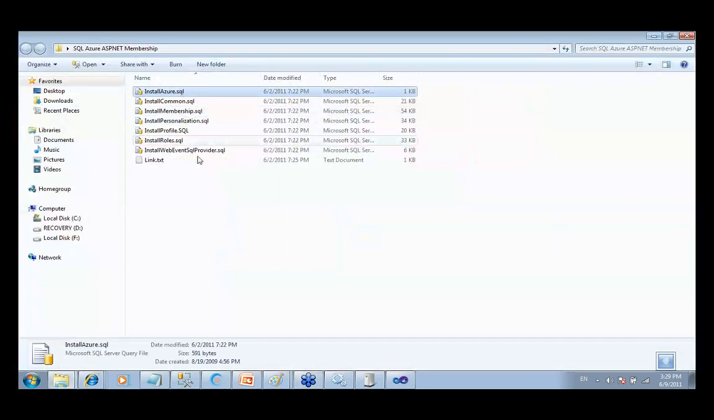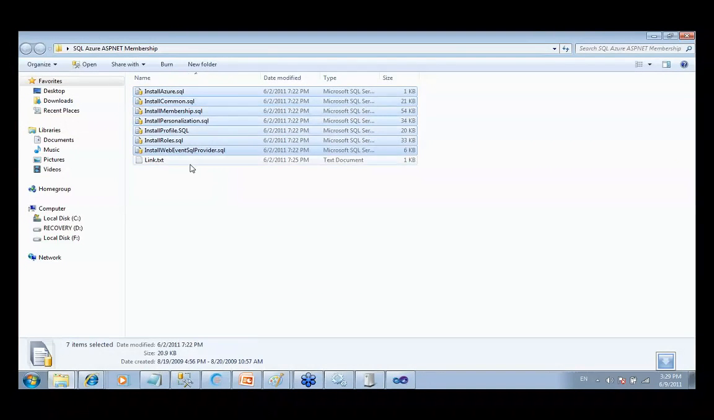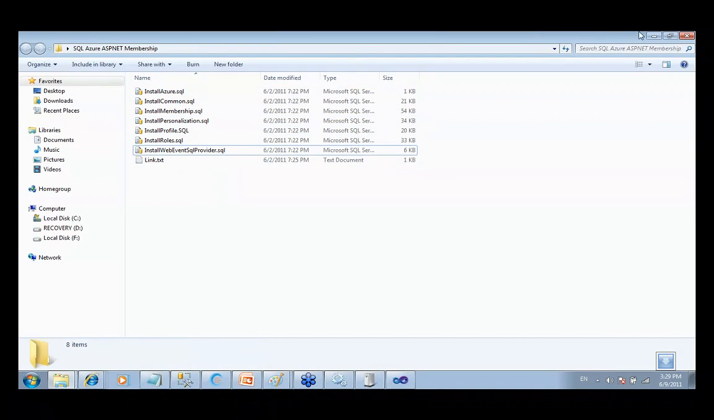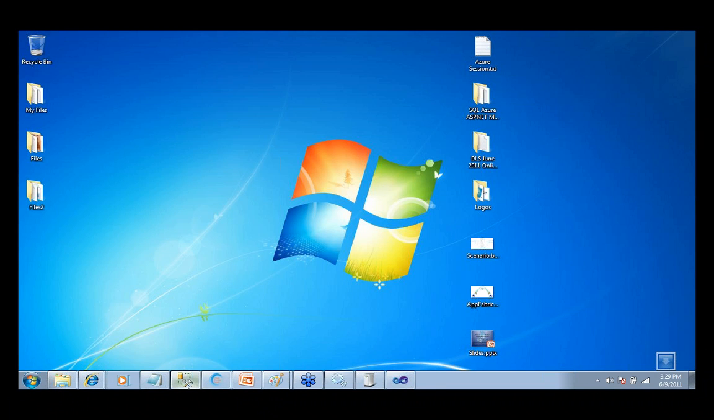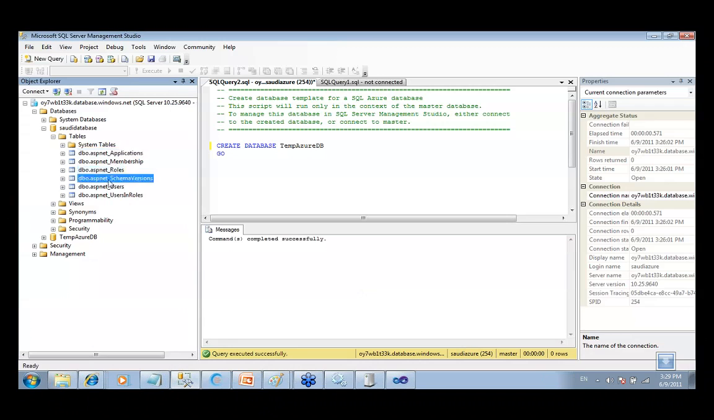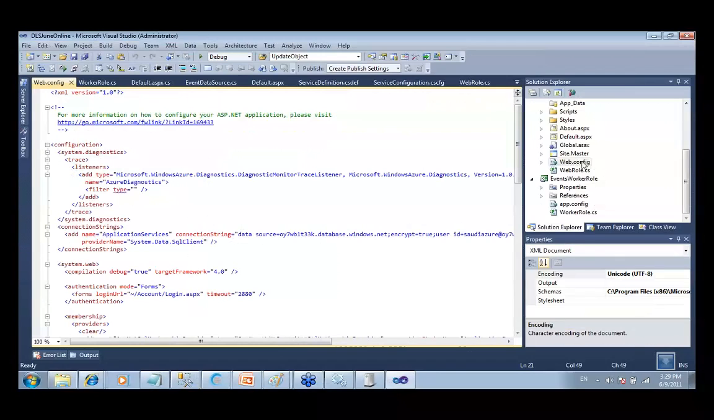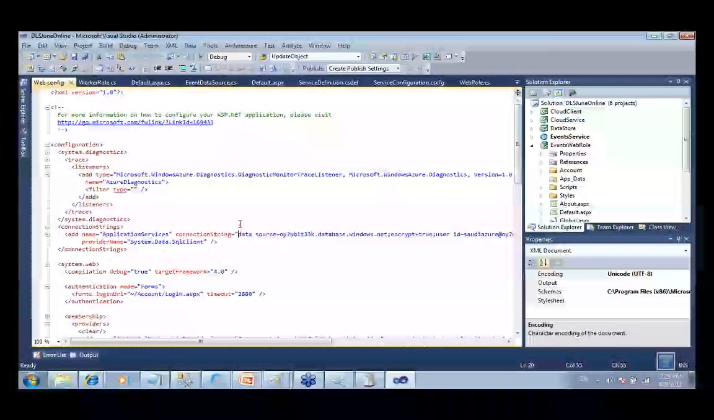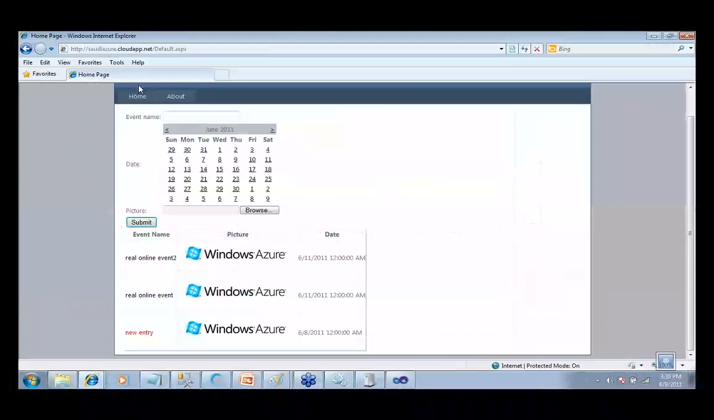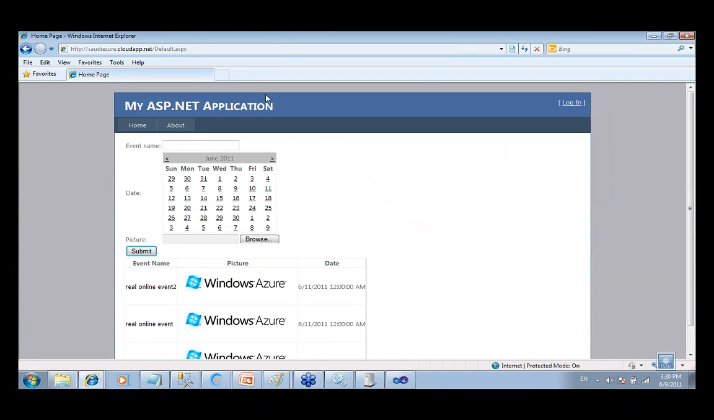So these are the scripts that you have to run on your SQL Azure database, and once you do, you will have these tables configured for ASP.NET membership. Now, simply in my application, in the web.config, I instruct my application to connect to the online database for forms authentication. Now I'm not showing anymore my offline application. I will show you the online application now. So I will log in,